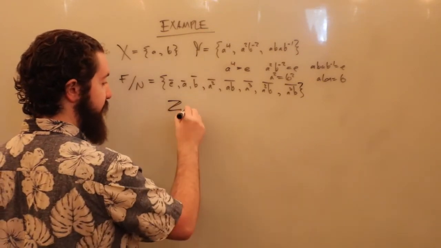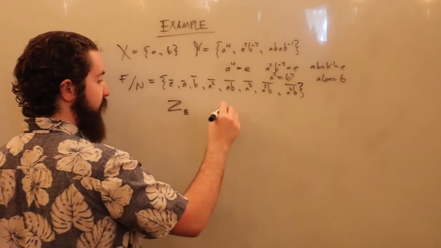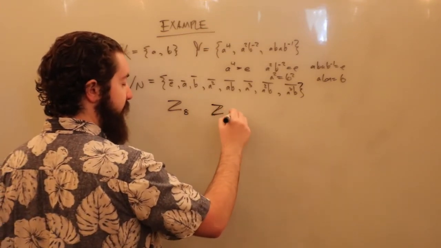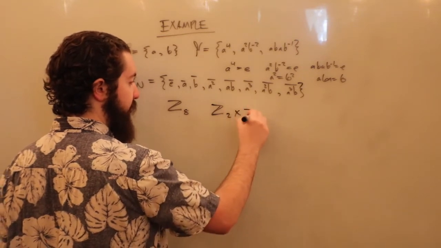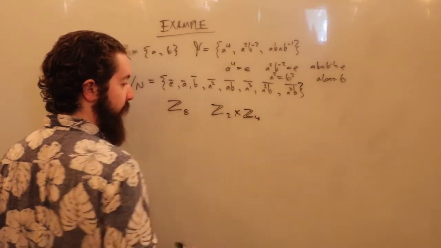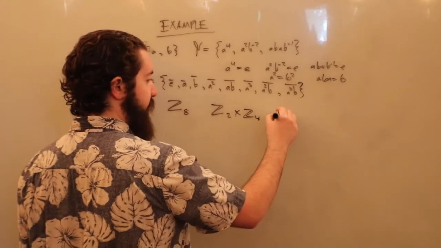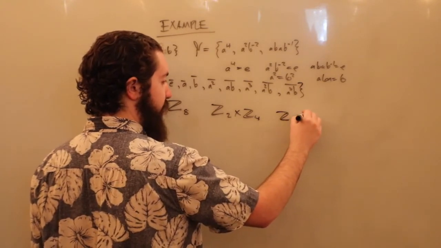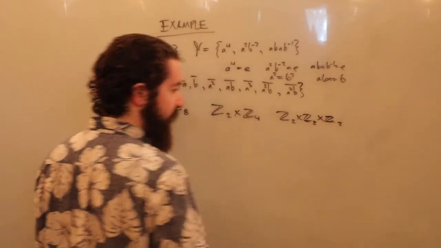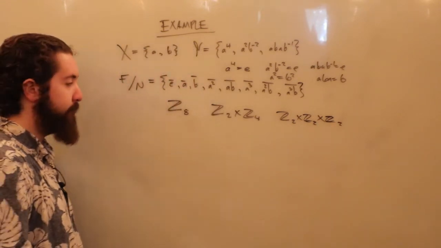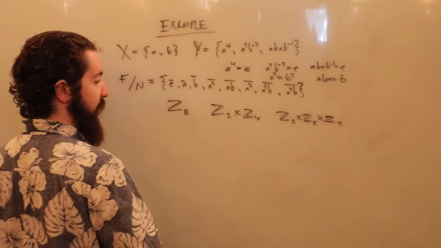We have Z8, the cyclic group of order 8. We have Z2 direct product with Z4, which is going to be of order 8. We have Z2 direct product Z2 direct product Z2, which is also going to be of order 8. We're going to have